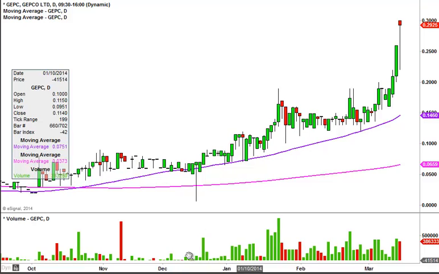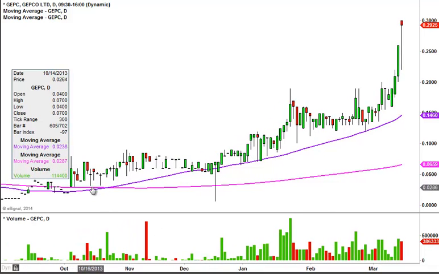You can see here that since it basically came to life back here in October with this initial volume and then price action, it got up above this purple line, which is the 50-day simple moving average. Within the world of technical analysis, that's always an important moving average. Since it got up above it in October, it has been cruising up along it ever since. There have been times where the price has pulled back and retested it, but you can see each